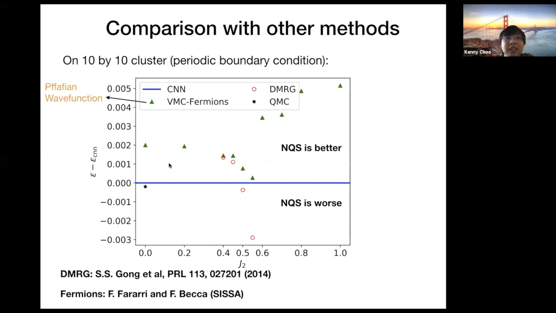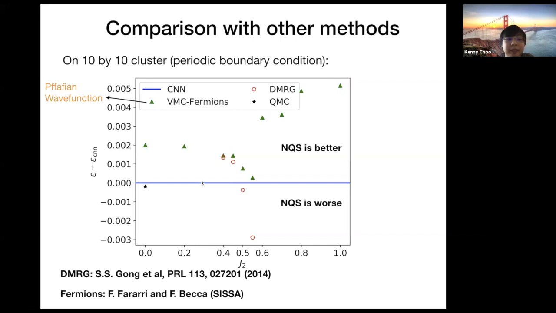So in this plot, I show the energy obtained relative to our network. If the point is above, it means that our network is better, and if it's below, it means that our network is worse. So quite encouragingly, we see that the network is performing better in almost all regions in the phase diagram, except in the frustrated region, where the DMRG results are still better. But at the very least, these neural network states do give competitive results throughout the phase diagram.